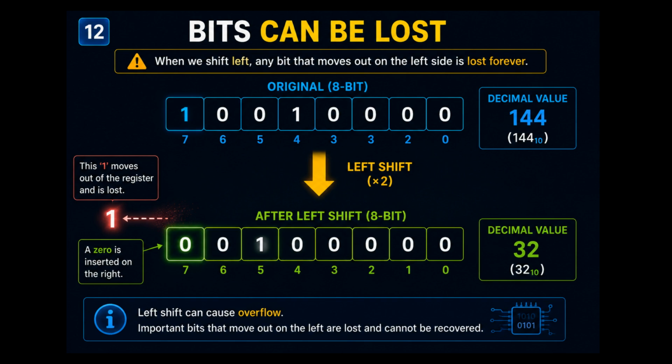One important thing to remember is that bits can be lost. In this example, we are using an 8-bit binary number. When we perform a left shift, every bit moves one position to the left. The leftmost bit moves outside the 8-bit space, so it is discarded forever. A new 0 is then added on the right. Because one bit has been lost, the original value cannot always be recovered. This is called overflow. So when working with fixed-size binary numbers, always check if a bit moves outside the available